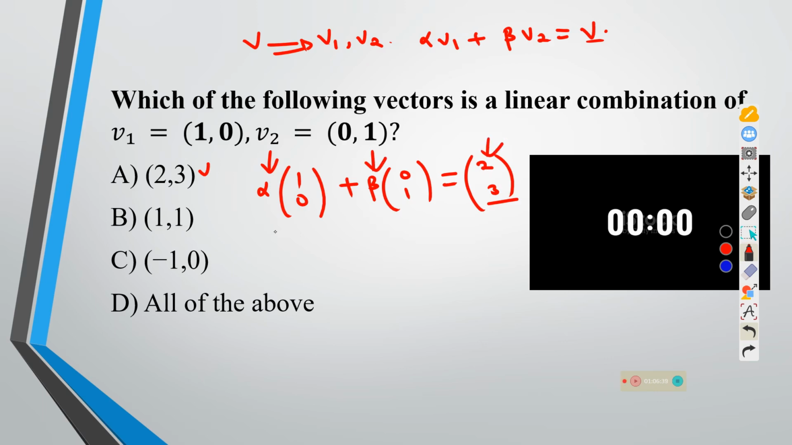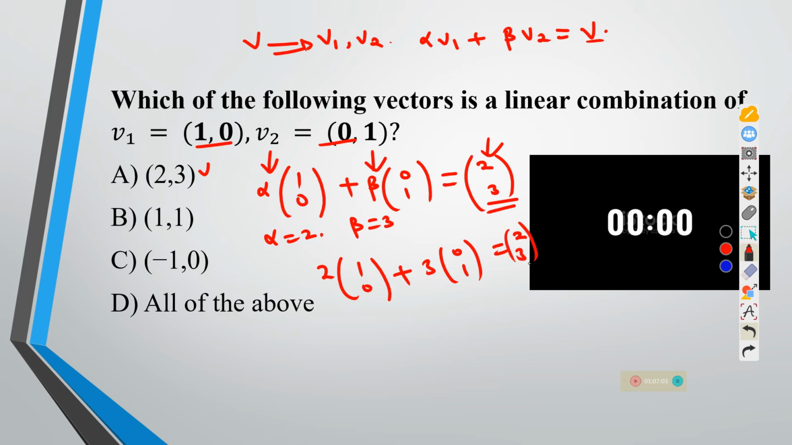So it means if your alpha is 2, for example, and your beta is 3, then you are able to write this and this into a linear combination, and you get 2 and 3. In other words, when you get 2 into 1, 0 plus 3 into 0, 1, you'll be able to get 2 and 3. So 2, 3 can be written as a linear combination of the vectors v1 and v2. Likewise,